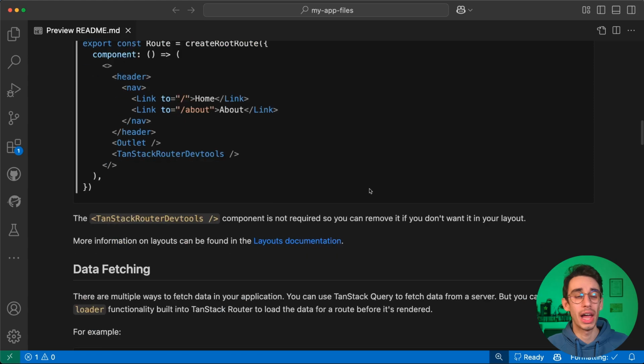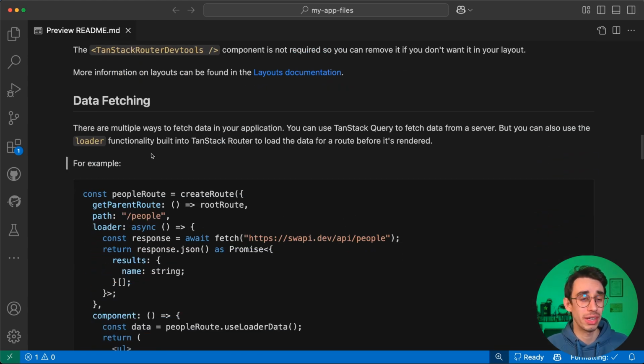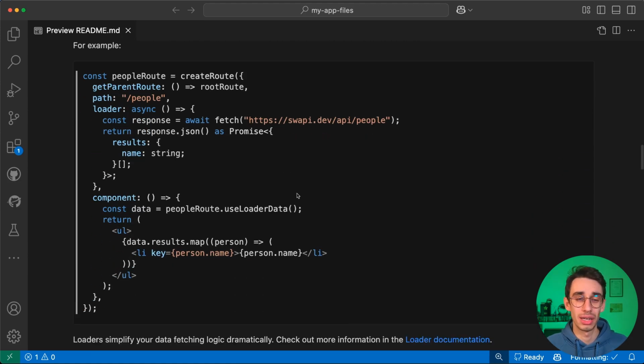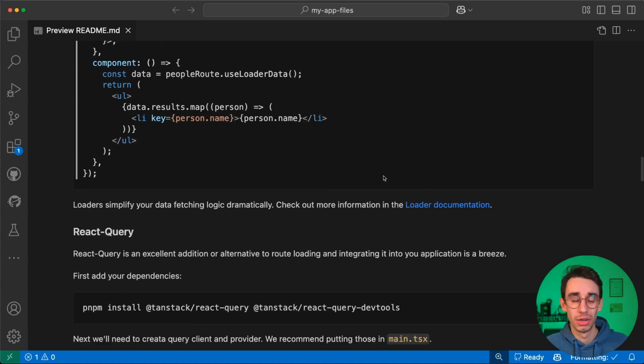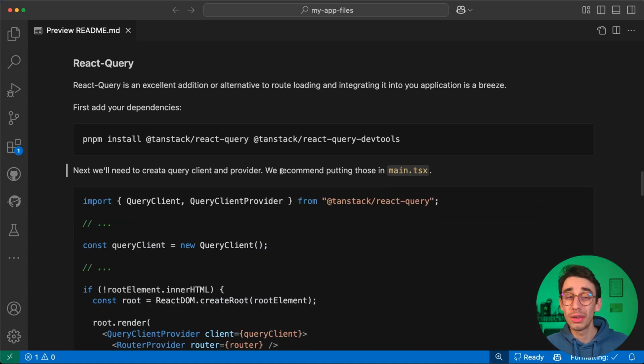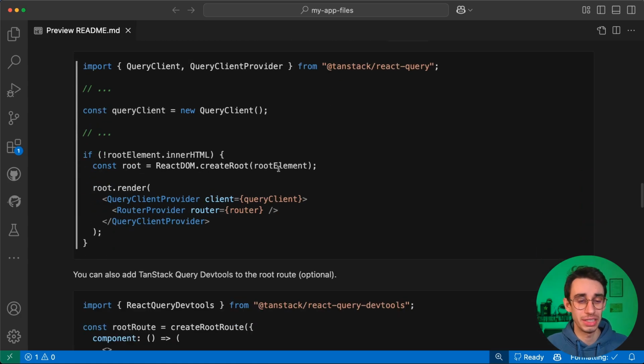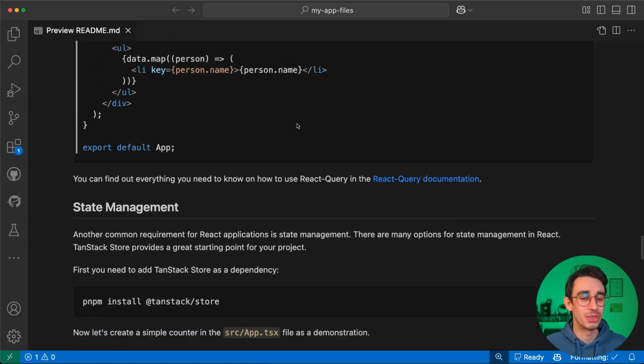Once you're here, I highly recommend you to keep reading everything, as you can also find some instructions about data fetching. TanStack Router comes with a really handy loader, making sure that your component only renders when in fact your loader has completed. You can do that manually with a fetch, or you can also use the well-recommended React Query. So we'll cover routing, we're covering here data fetching, and then if you want one nice treat from the